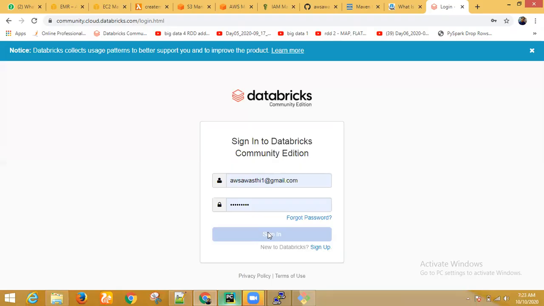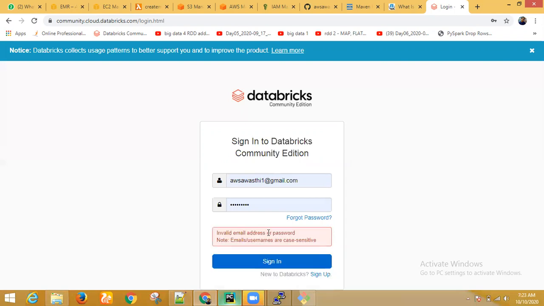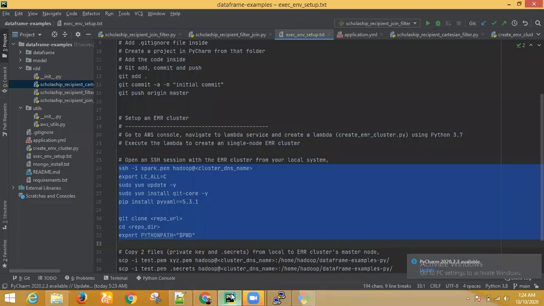Basically there also you have the SC object and Spark object available. You can directly make use of them. You have to try it. Once you log in, I will be able to show you. But that's the whole thing: all this code we are trying here, you can also try using a Databricks notebook. Okay, got it.